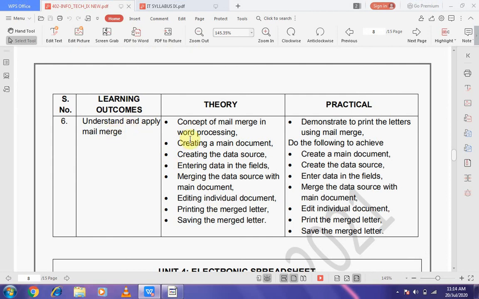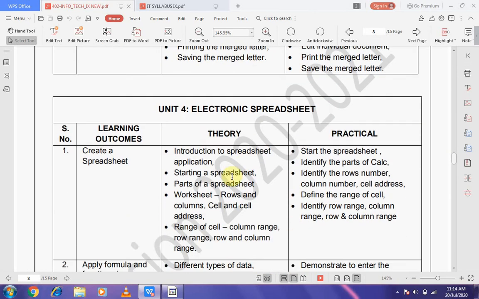Understand and apply mail merge, concept of mail merge in word processing, creating a main document, creating the data source, entering data in the fields, merging the data source with the main document, editing the individual document, printing the merge letter, saving the merge letter.